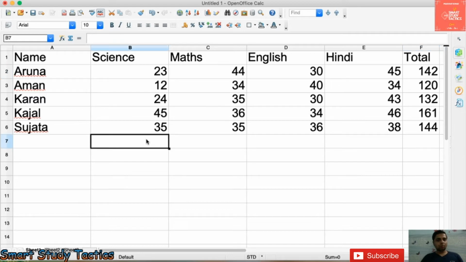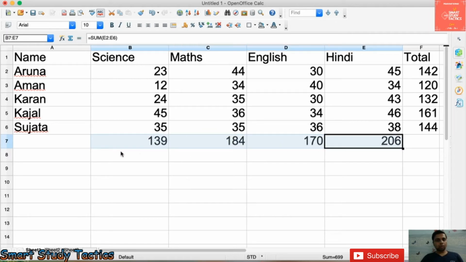Now I am going to calculate the sum in this way, from up to down. For that, this is the summation symbol. You have to click over there and it will generate the formula itself. By one click you can get the formula, and the only thing you have to do is press enter. Similarly, the auto handle will help you to do the calculation. I think this is pretty clear to everyone.